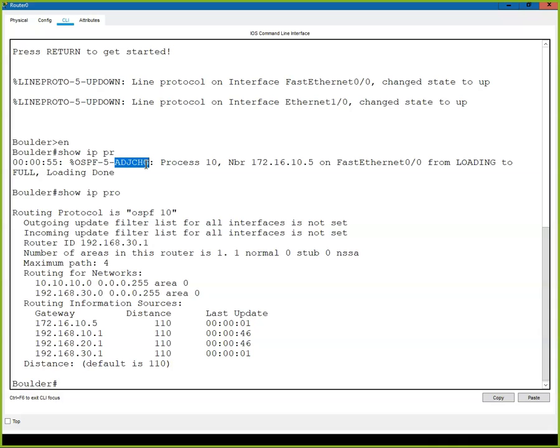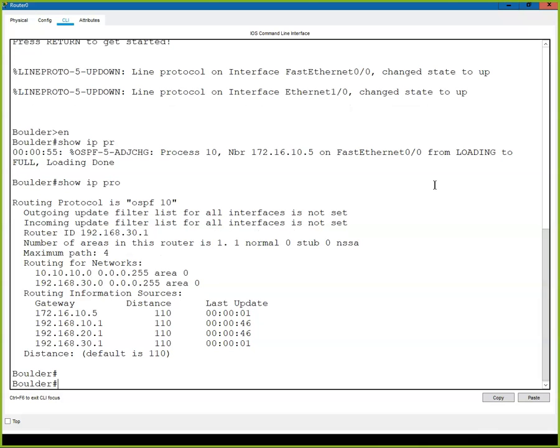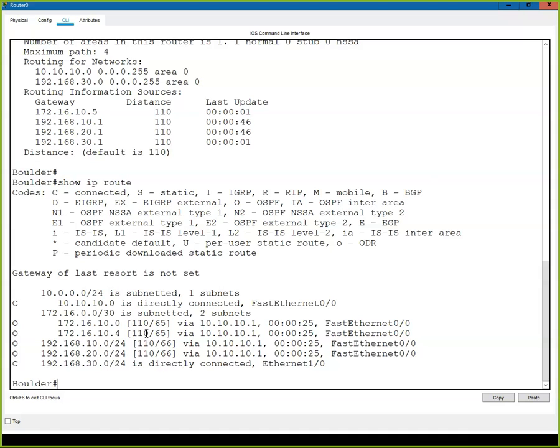This is what I didn't see, and that's why I was going to look and see if it was there. But the OSPF adjacency has been formed with the neighbor 172.16.10.5. And that is not the IP address. That is the neighbor ID for it. So if we do a show IP route, when we go to the